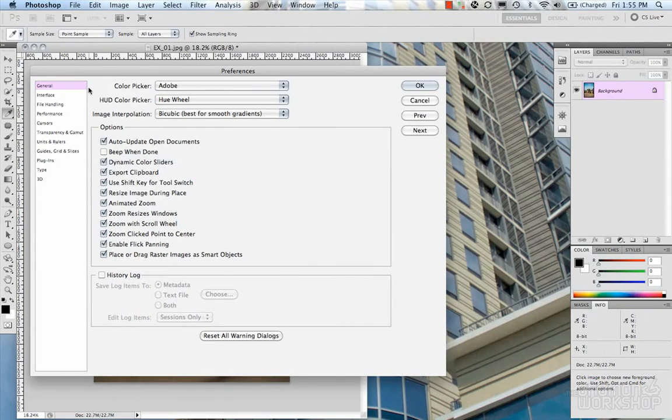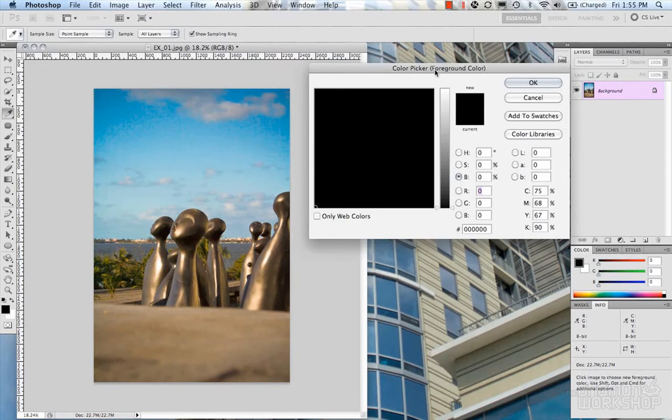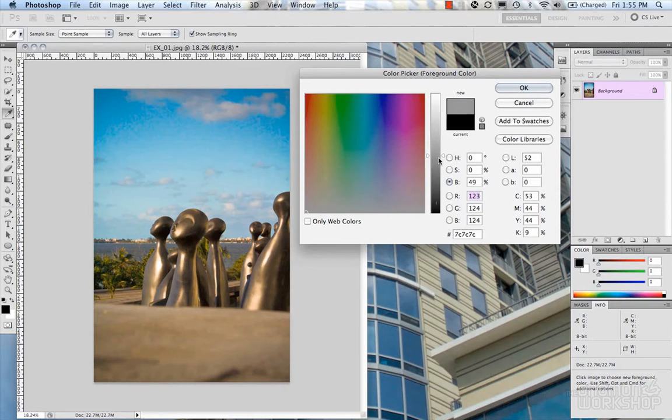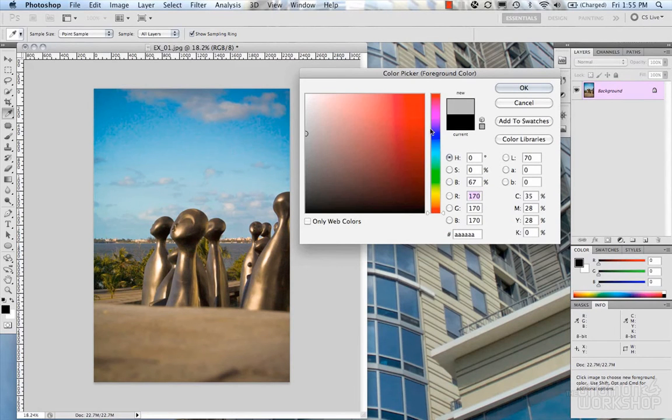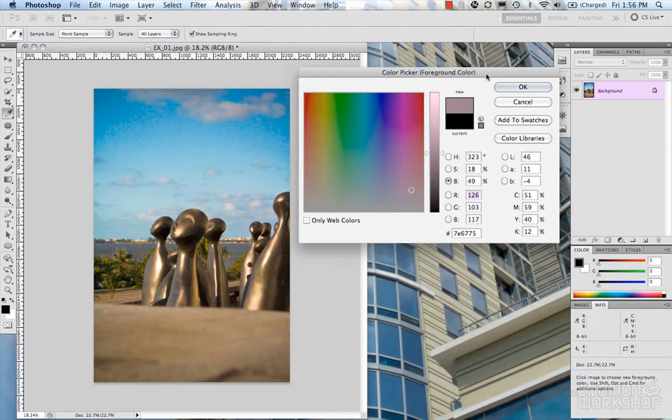So anyway, we're talking about the color picker first, which, as you know, in Photoshop, is your standard color picker palette that all Adobe applications use. It's set up by default, so you can sort by your hue and control your saturation or your brightness, and choose your color from there. There's also RGB. You've got all these other cool little gadgets for you to get the color that you're looking for. So going back into our preferences,